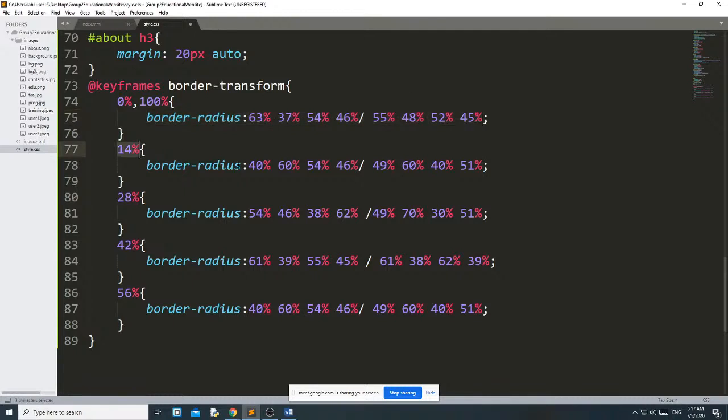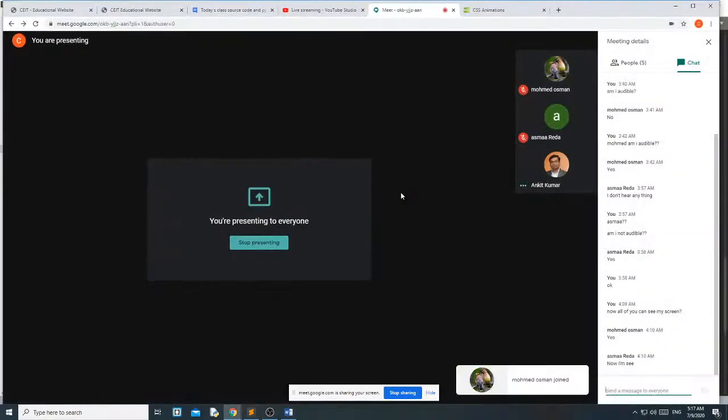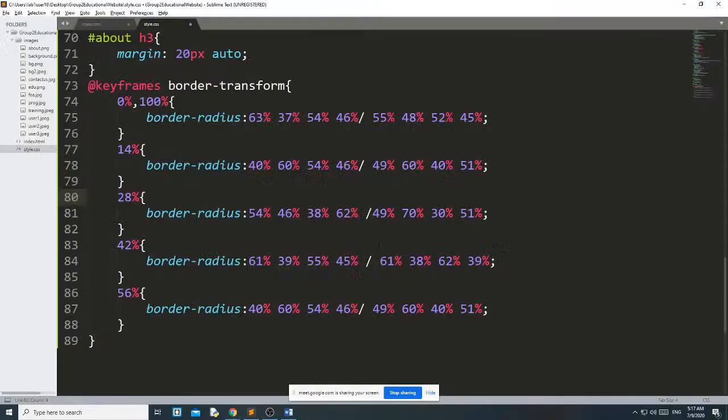When it becomes 14% the border radius will change. Like that, when it reaches 28% the border radius changes, and when it reaches 42% the border radius changes.